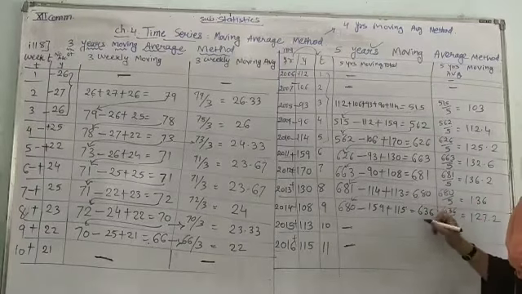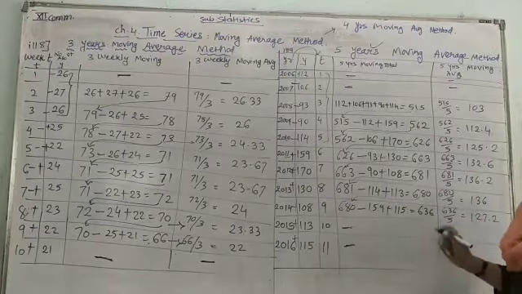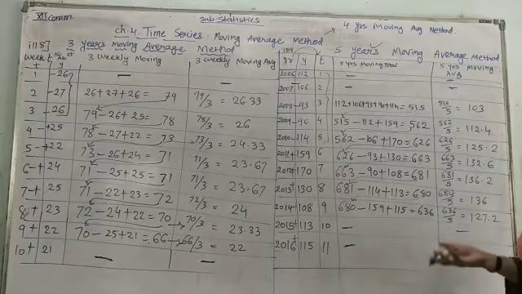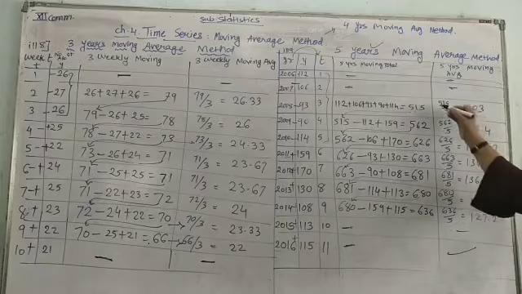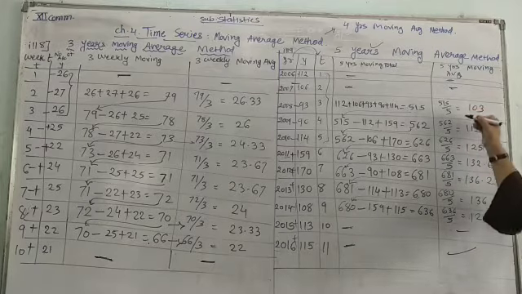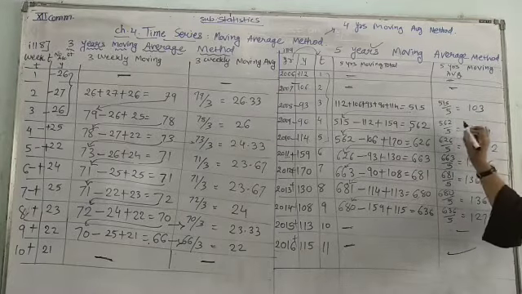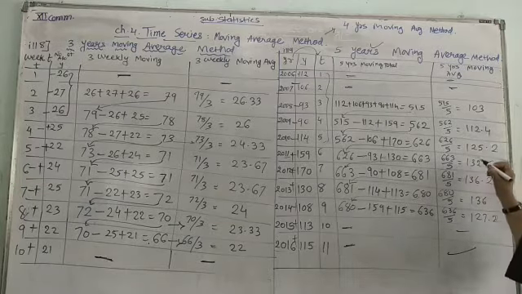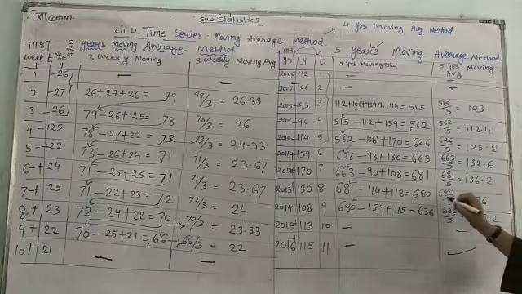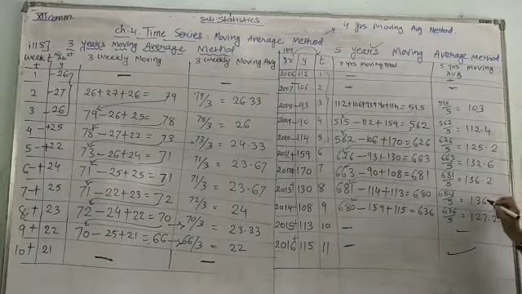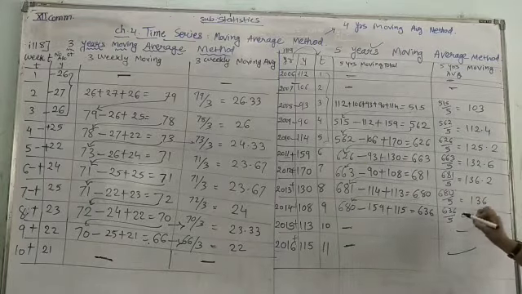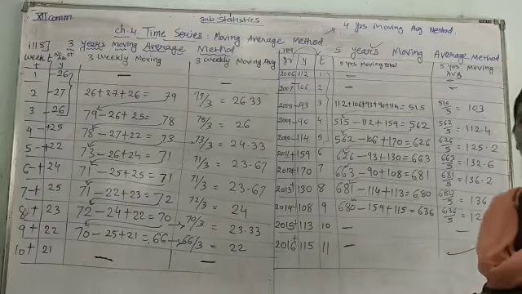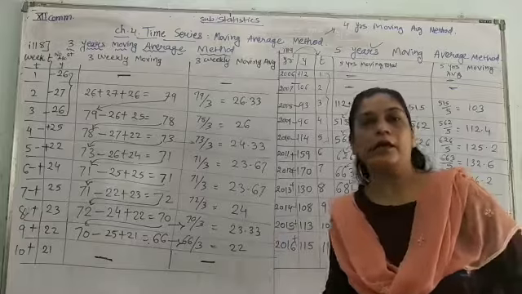Answer will be 636. Now the average of it. So here dash, dash, dash, dash like this. Then after, 515 divided by 5, 103. 562 divided by 5, 112.4. 663 divided by 5, 132.6. 680 divided by 5, 136. And 636 divided by 5 is equal to 127.2. Now, I hope it is clear in your mind.